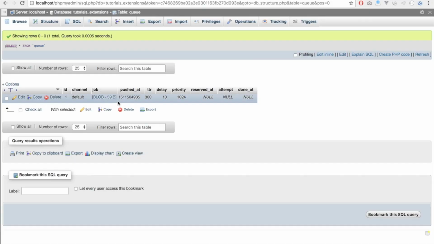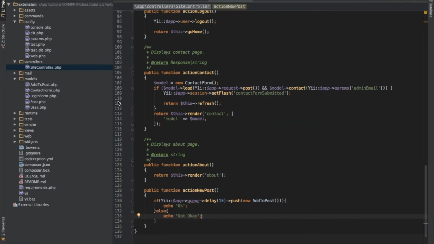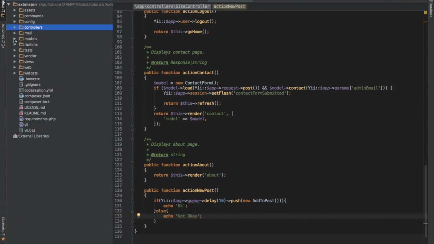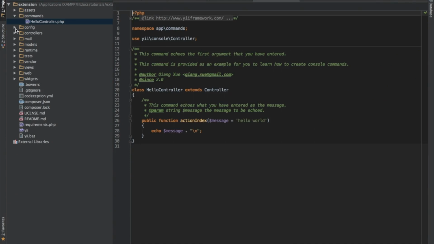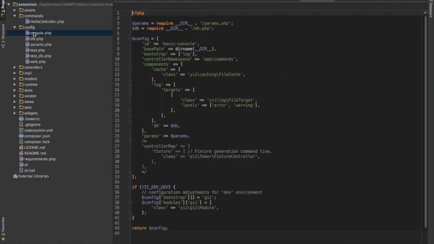We need to make use of console. We'll go to our command and we'll also open our console over here. To set up queue in console, we need to include queue into our bootstrap. Now that we have added queue to our bootstrap, the second thing we need to do is